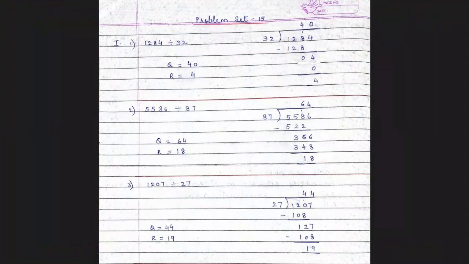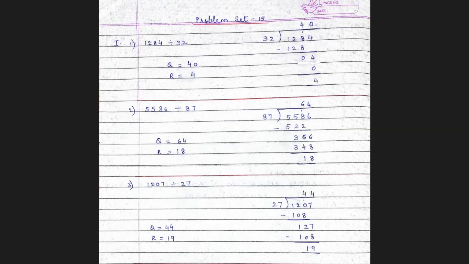Now, when you divide, 1284 is written inside, the division sign is put, and 32 is written in the divisor place. Now 32 will go how many times in the first number? Surely 1 is a smaller number than 32 and hence it cannot be divided. Go to the second number 12, it's still lesser than 32. So I take the third number 128. 128 is a greater number than 32 and therefore let's find out 32 goes how many times in 128. It goes 4 times and so 32 fours are 128.